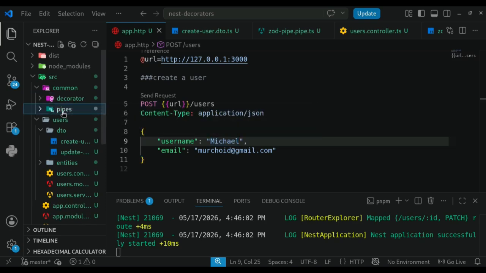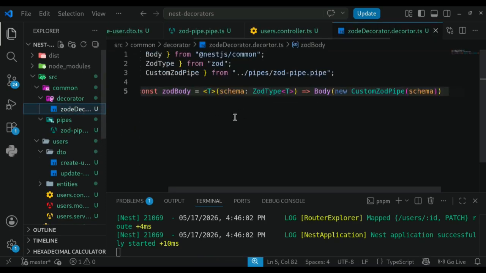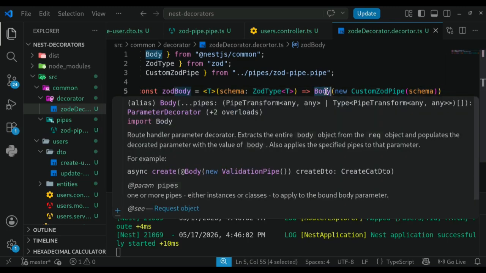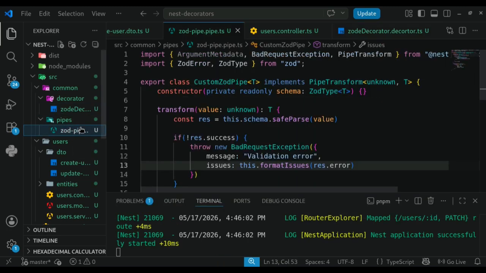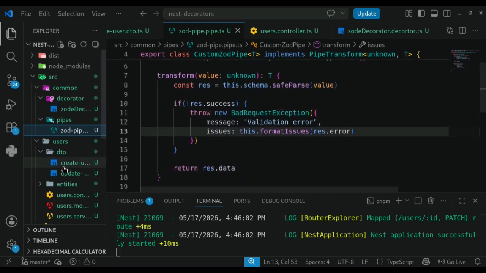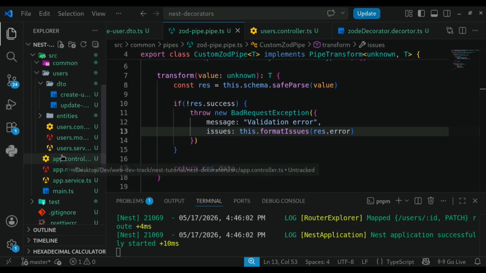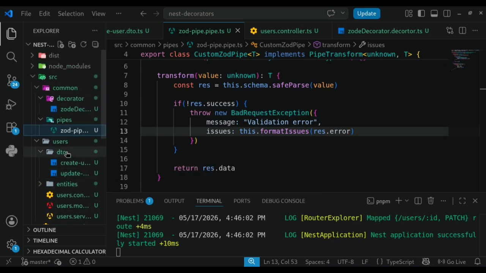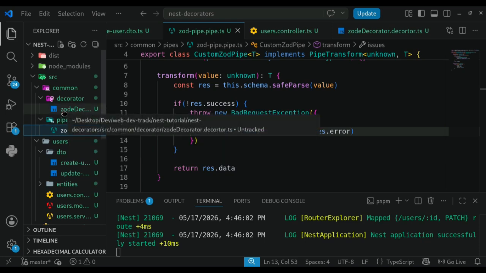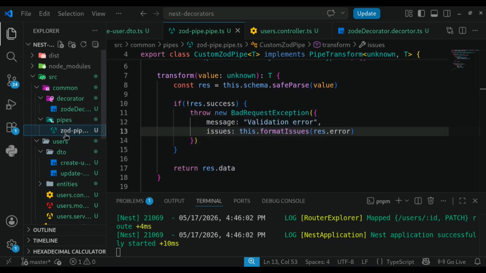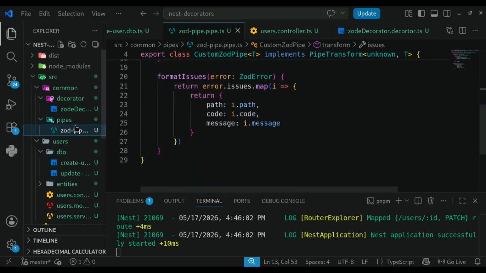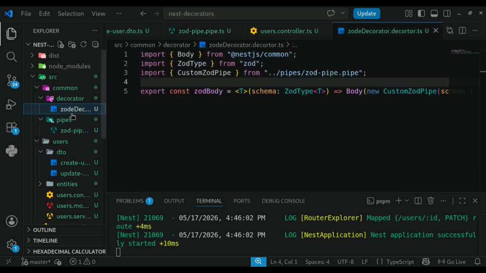And so guys, this is how you can use Zod for validation, and we have gone a bit far and beyond by implementing our own decorator which wraps around the body, and we've talked a little bit about pipes and how we can use pipes to validate data using Zod, and I've also shown the advantages of using Zod, because with Zod it is schema driven, so validating the data is a bit faster,